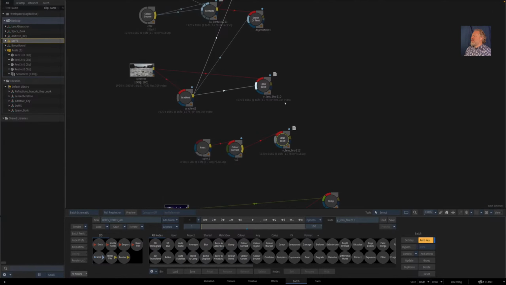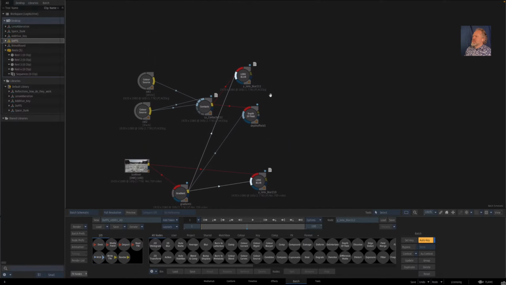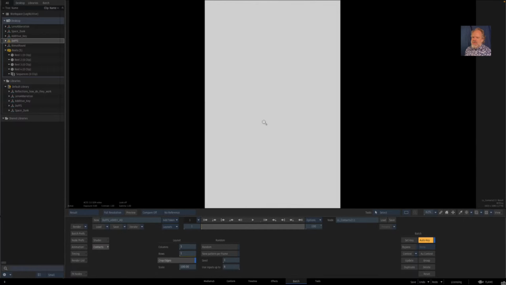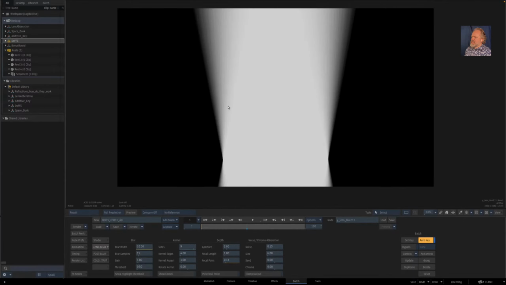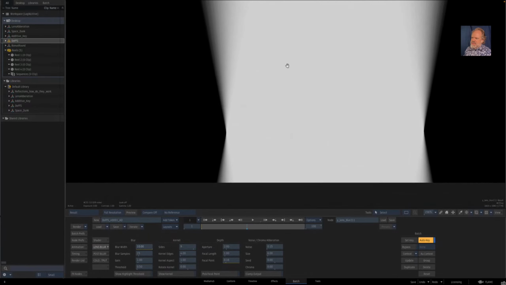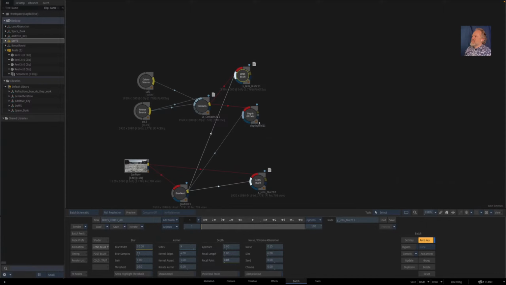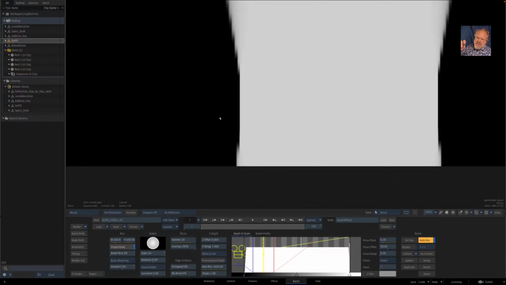Little depth of fieldy stuff, because I just wanted to show why I love the lens blur. So the first thing I want to show is just what it does, right? In terms of an image, you can defocus an image. And what's great about this is, I'm just feeding it a gradient, and then you can pick your focal point. But you notice that it just immediately feathers out perfectly. Whereas if you go into the depth of field node, you get the stepping, and you can up your slices to 40, and we can